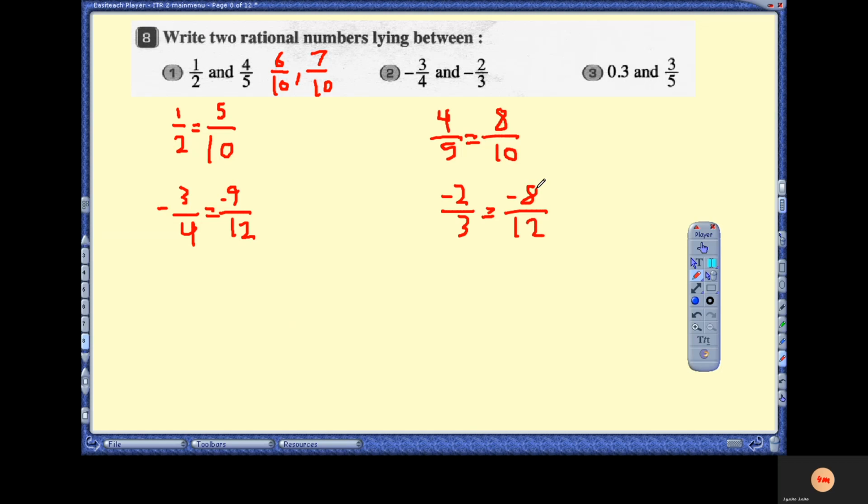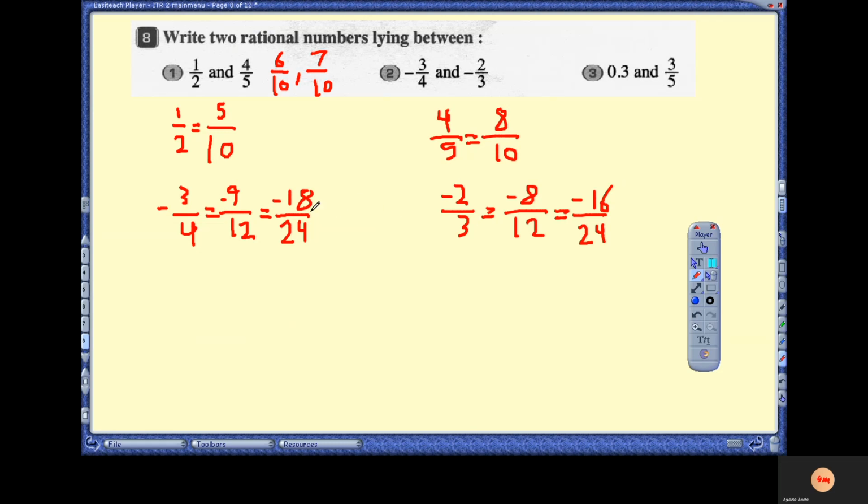Then you will multiply by 2. Here it will be 24, and here multiply by 2, negative 18. And here multiply by 2 also, 24, and here negative 16. And now you can write